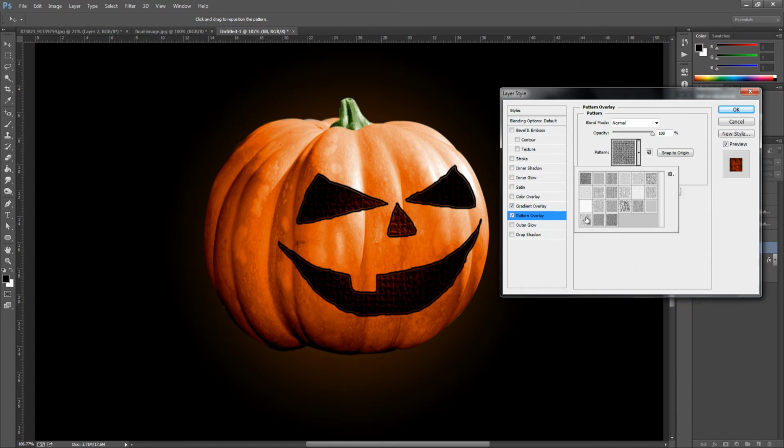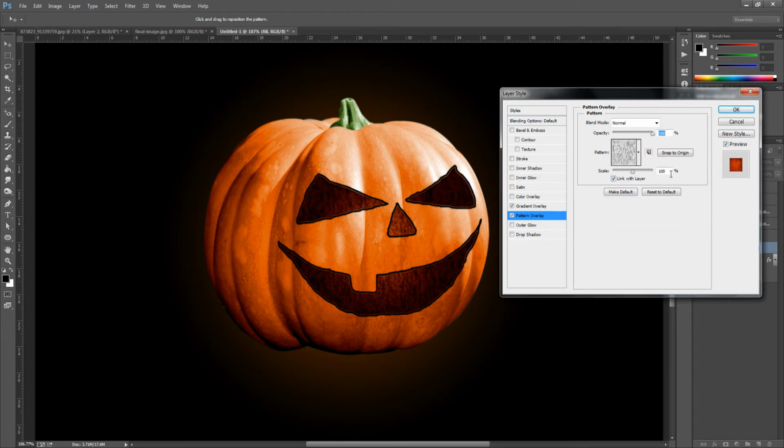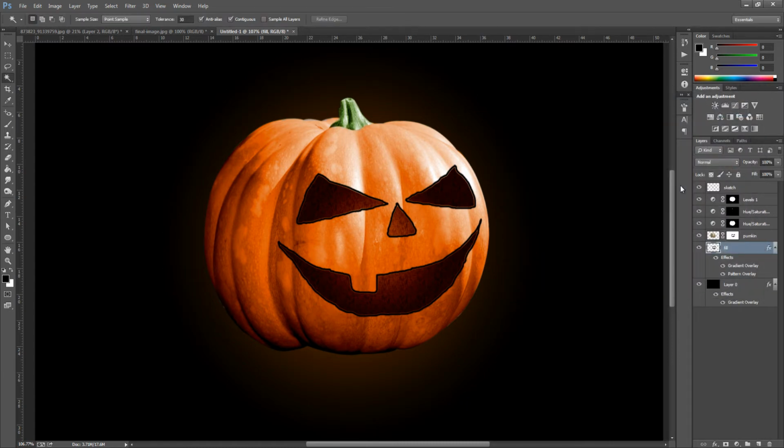Click the wax crayon, and we're going to go and change the scale of this to around about 27%, and all we're going to do is click OK. So once we have done that, we're going to go and hide the sketch layer right at the top, hide that, and we have our thing just underneath the pumpkin layer, and it looks like it's the inside, and we can really start with the candle next.